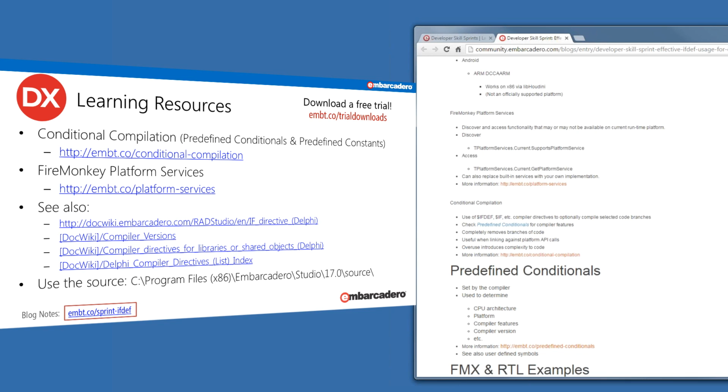Question about Linux compiler. For the Linux compiler, you can check out the roadmap, which I pasted in there. You can also just go to community.embarcadero.com, and you can find a link to a roadmap right there on the front page. And the current plan, according to the roadmap, is that after